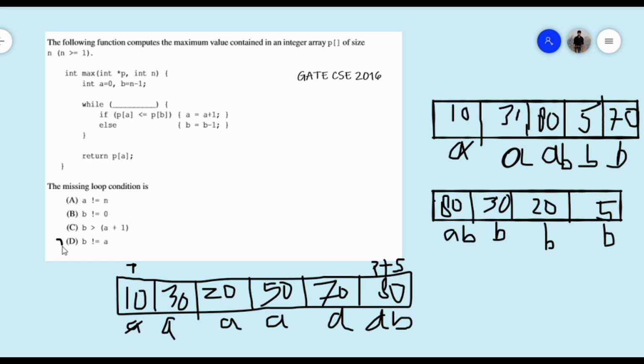Option D. While B is not equal to A, we run this while loop, and if the element at index A is less than or equal to the element at index B, we increase A by 1, and if not, we decrement B by 1. So our correct option is option D. I hope you got the answer. Thank you.